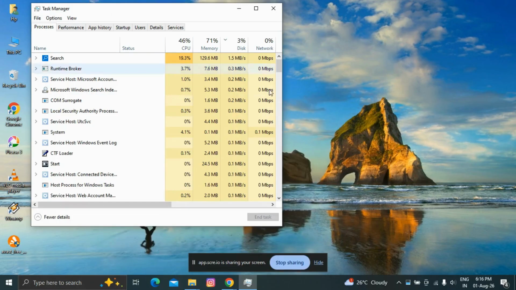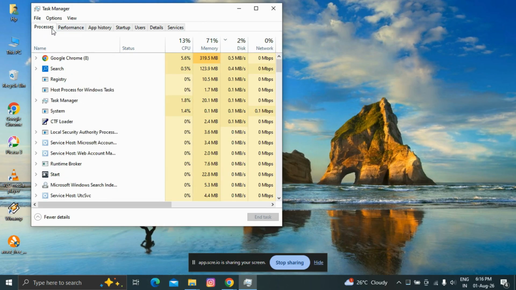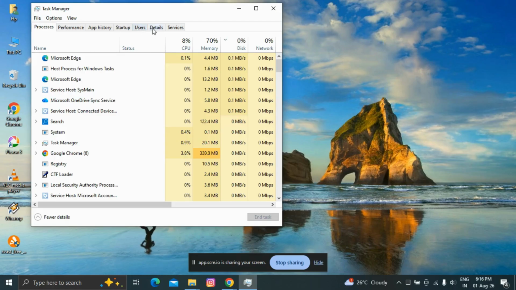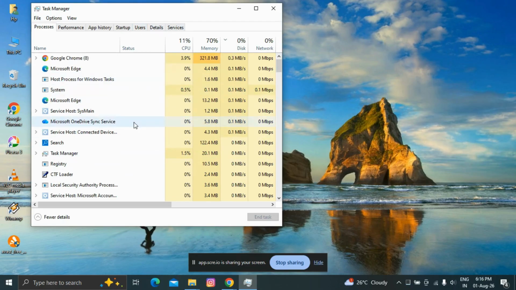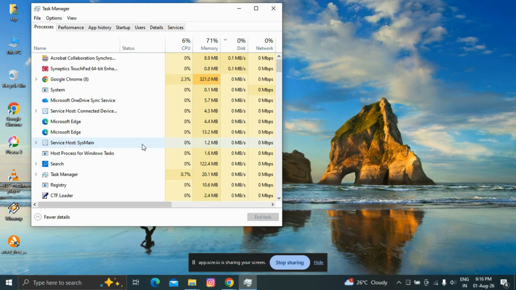Okay, so what is task manager basically? So you can see it is having many tabs, right? Processes, performance. There's something called app history, startup, users, details, and services. So I'm going to explain each one of them in just like 2 or 3 minutes, not more than 3 minutes, how you can diagnose and get to know the root cause of what is exactly slowing down your